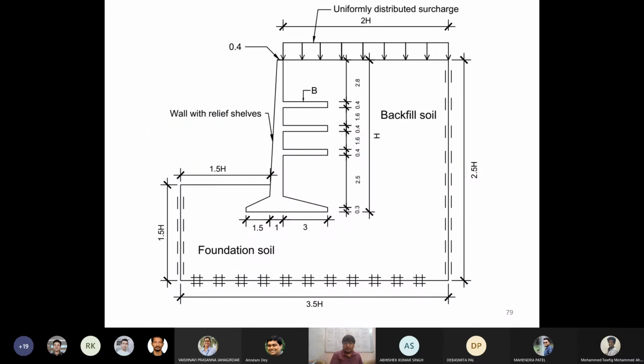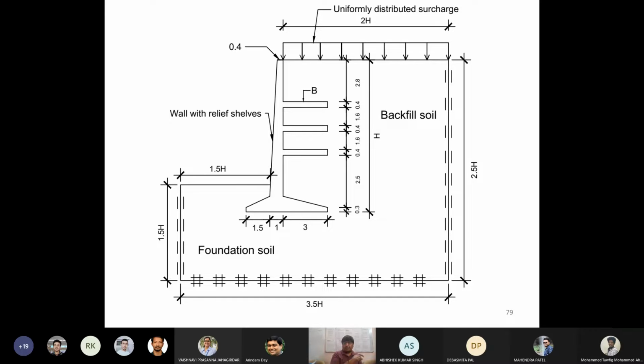So I used the Optum G2 computational software for modeling this kind of wall, with a 10-meter height of wall with various combinations of relief shelves. What I have done is that I have applied some uniformly distributed surcharge, okay, and this particular surcharge was kept on increasing until the failure of the wall, okay. Whatever amount of surcharge at which this particular wall fails, we have defined this as the collapse surcharge, okay,